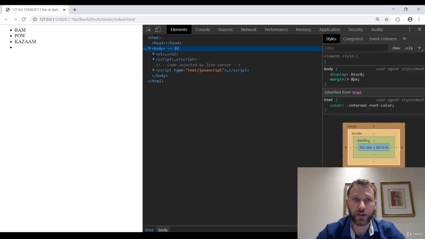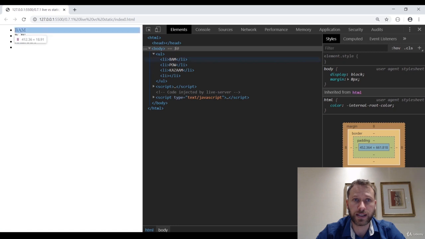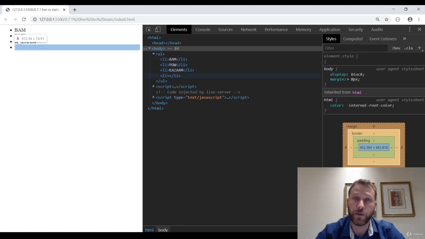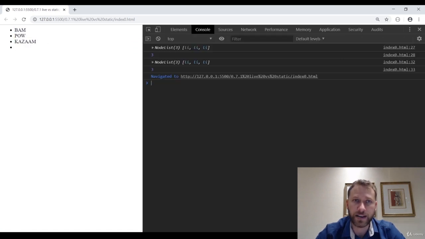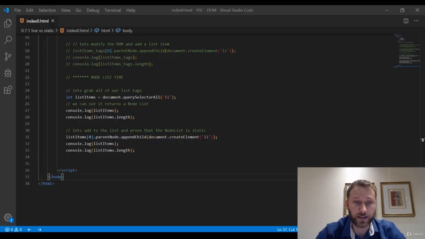I mean, I can prove that to you by going to the elements, opening up our list, and you can see we've added a 4th li tag. But yet, our node list only shows 3. So with a node list, we would actually have to re-query the DOM. There are many ways to do this. The most simple